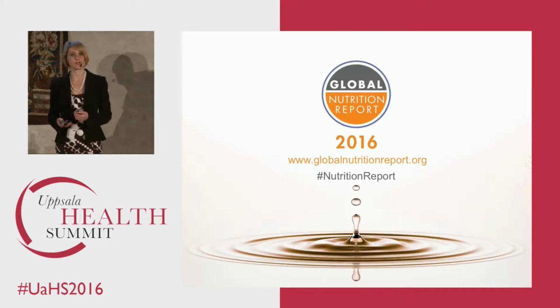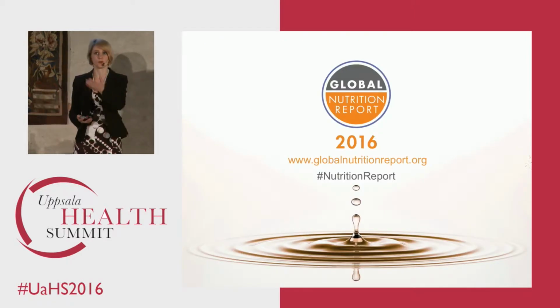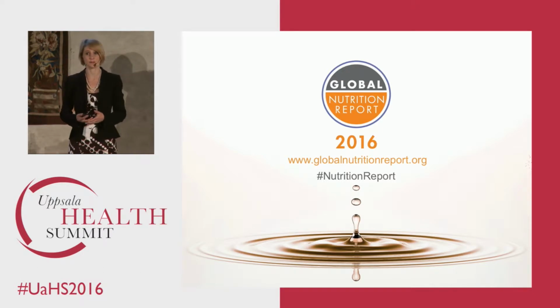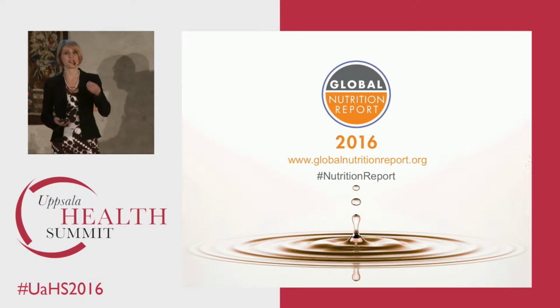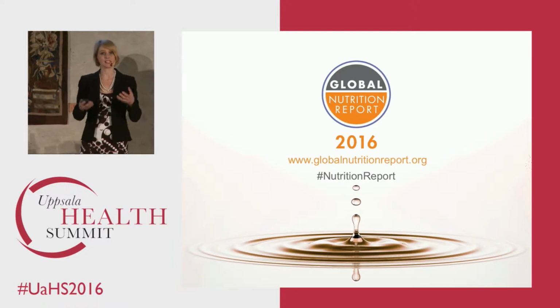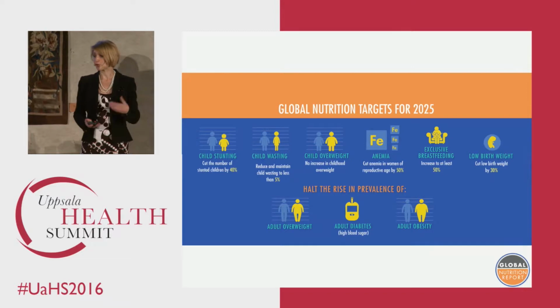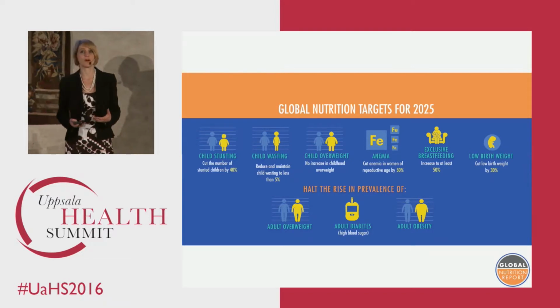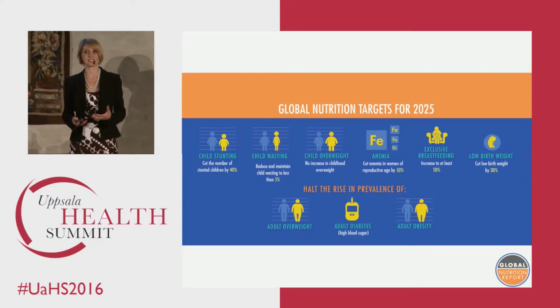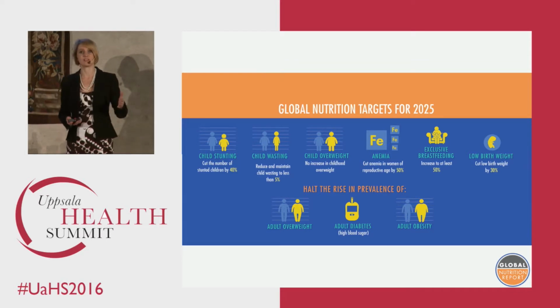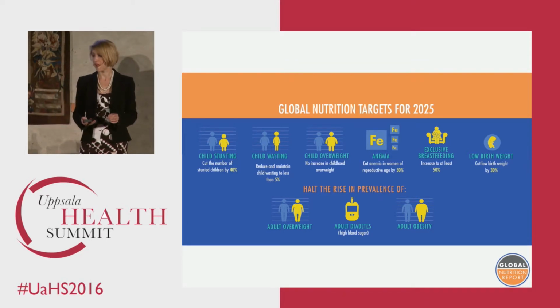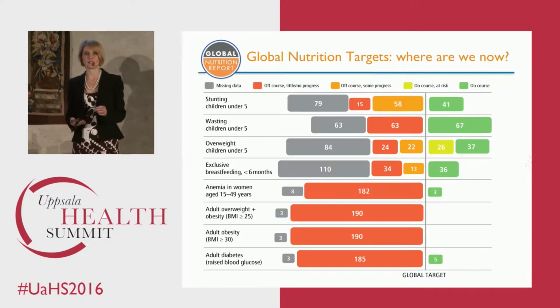And one of the things that we try and do in the Global Nutrition Report, and there are executive summaries out there for you to pick up, is to try and bring these different aspects of nutrition together. And so what we do in the Global Nutrition Report every year is to track progress against not just the undernutrition focused targets, but also the obesity and NCD related targets as they are relevant to nutrition. And the power of doing that